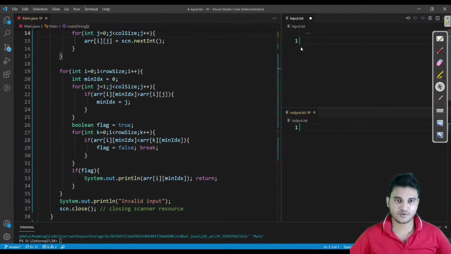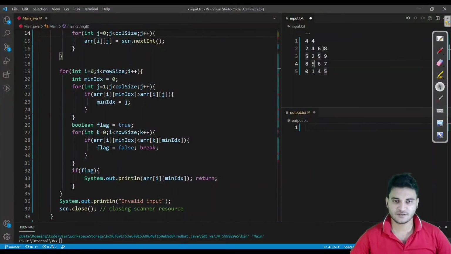Let us say I am going to provide the input 4x4 size, and again 2, 4, 6, 8, and 5, 2, 5, 9, and 8, 5, 6, 7, and 1, sorry, 0, 1, and whatever.